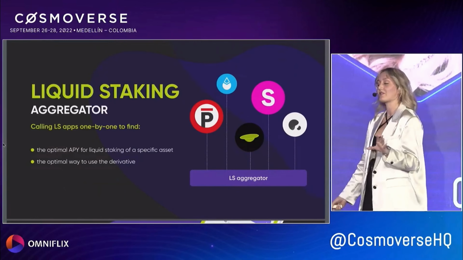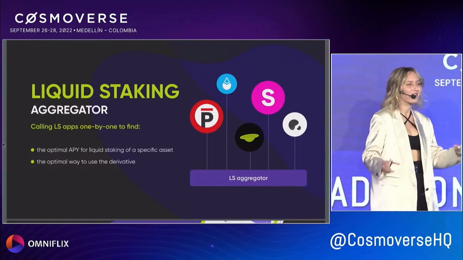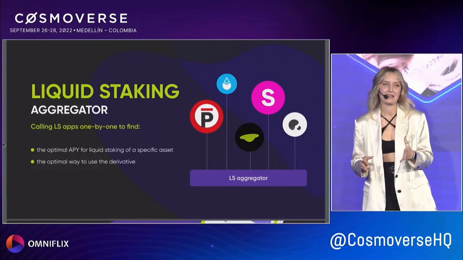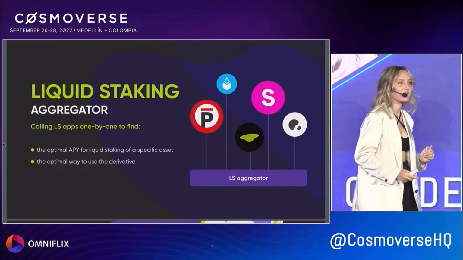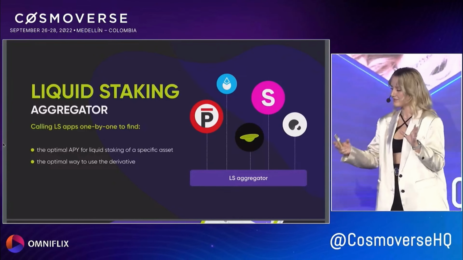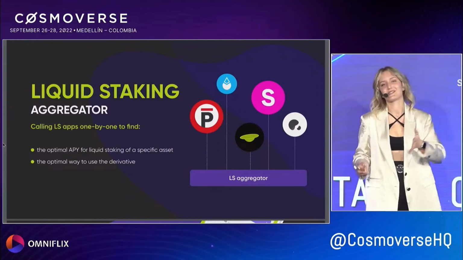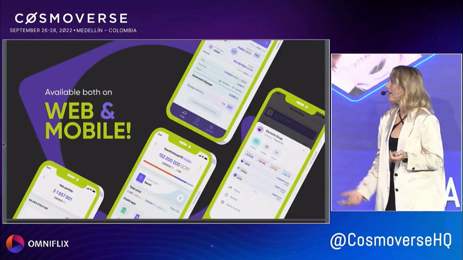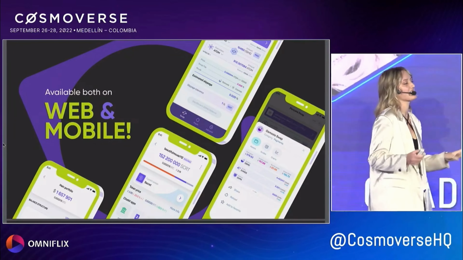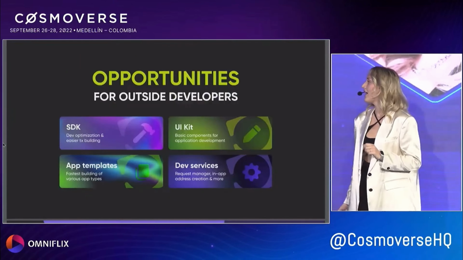Another cool point, my favorite. So, liquid staking solutions. We've seen a lot of people growing projects with liquid staking. And at some point, those who are new to crypto will need to understand what's the beneficial way to use liquid staking. And so we'll be able to provide the solution that actually aggregates the existing protocols for you to find the best way to liquid stake your assets, and then the best way to use your derivative. So the best part, web and mobile. It will be accessible both on web and mobile with no need to worry about this harsh transition.